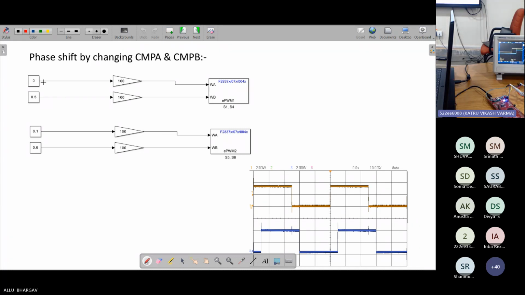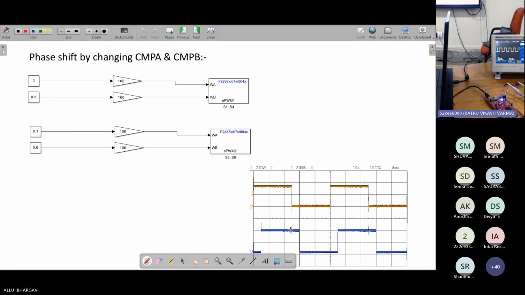If we select this EPWM, it starts from 0 to 0.5, meaning the duty is 50%. So this will be generated with 50% duty, from 0 to 50% of that cycle. And by selecting EPWM2 with compare value A as 0.1 and compare value B as 0.6, we can generate this from 10% duty to